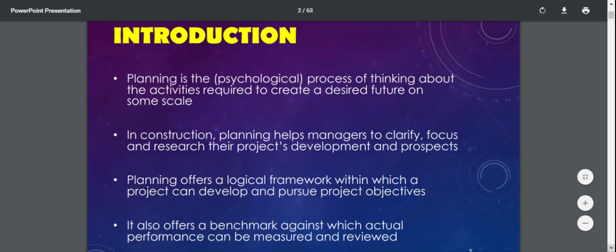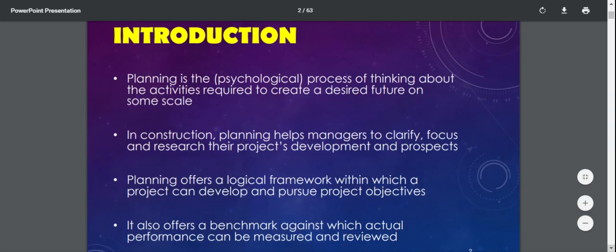And in construction, planning helps managers to clarify, focus and research their project's development and prospects. And planning offers a logical framework within which a project can develop and pursue project objectives, and also offers a benchmark against which actual performance can be measured and reviewed.